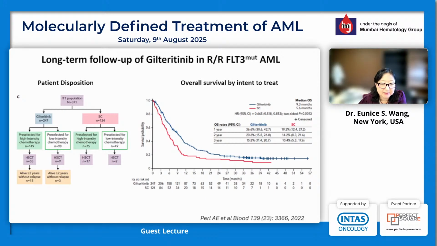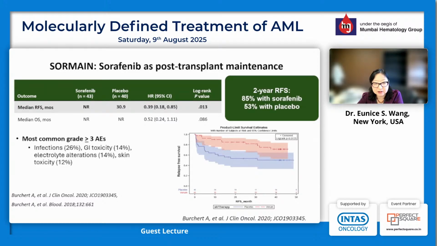So allogeneic stem cell transplantation still remains, for both intensive and less intensive regimens, something that needs to be incorporated into therapy. But similarly for our fit patients, for our relapse patients also, the only long-term survival is the incorporation of a FLT3 inhibitor, followed by allogeneic stem cell transplantation. Can we